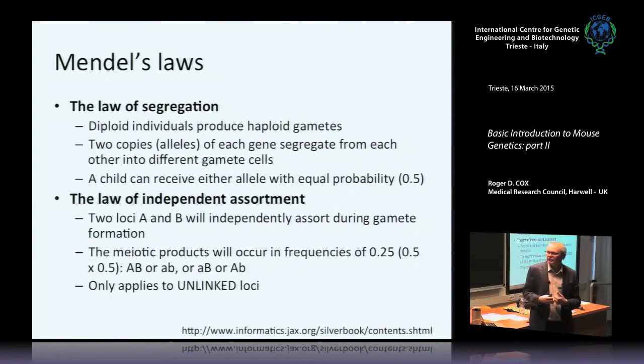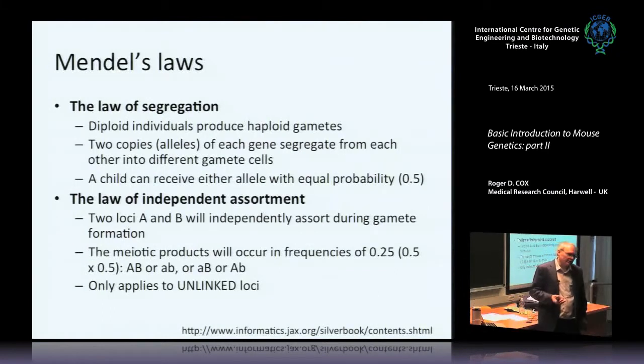And then there's the law of independent assortment. So two loci, which we can call A and B, will independently assort during gamete formation. And then the products of those alleles will occur at lower frequencies. So if a child can receive either allele with the equal probability of 0.5, then 0.5 times 0.5 gives you 0.25. So if you inherit A and B, or different allelic versions of A or B, or heterozygous,